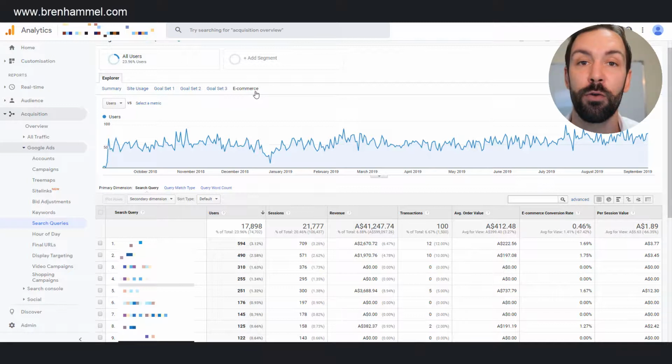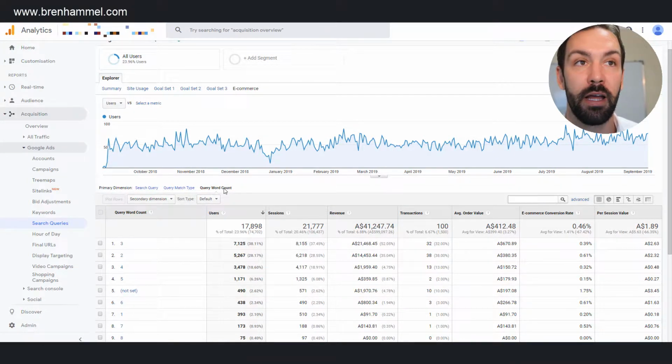And I highly recommend that you view this on your own account, because as you'll see in this particular campaign, if we click the query word count tab and make sure that we've clicked the e-commerce tab, we can start to see that two phrased keywords and three phrased keywords perform exceptionally well with a good per session value of $2.32 and